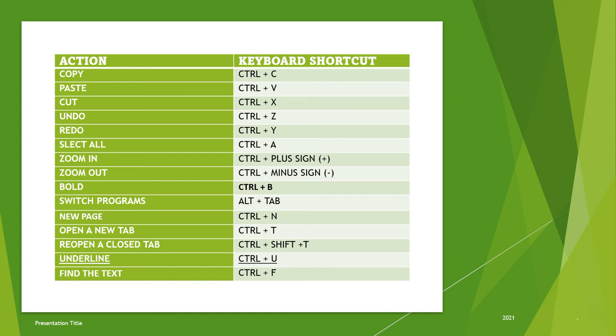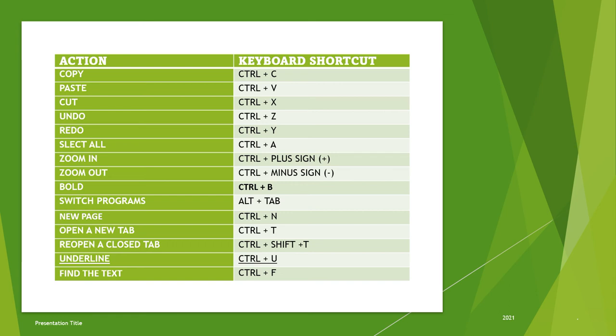And for example, if you want to check your words in a bigger size, or you want to zoom the data, you need to press control plus the plus button. Once you press control and the plus button, the data will be zoomed. And the same for zoom out, if we want to check the small words, we need to press control and the minus button. Once we press the minus, the data will be reduced and the word size will be reduced.